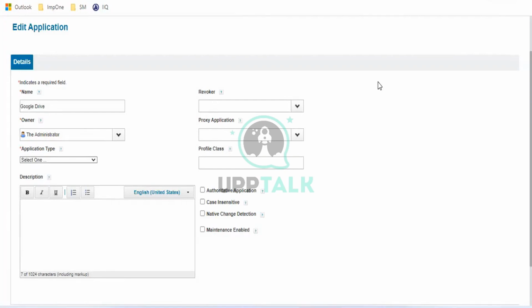I understood. But practically in a project, since you are the application owner for this Google Drive application, what will your roles and responsibilities be? Let's take an example: what will your day-to-day activities be for this particular application?